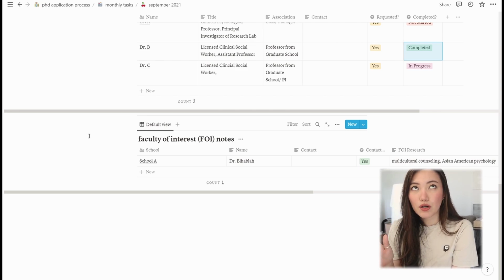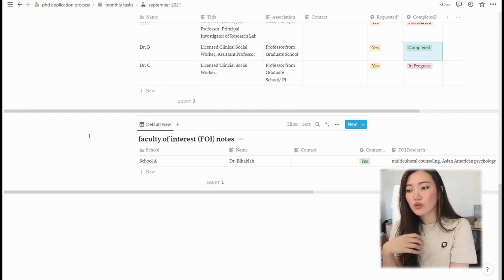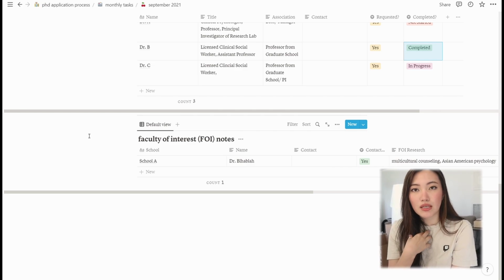And then the third response, which I personally didn't get, but I've heard does happen, is the scenario that I guess a lot of people would want, where you develop a relationship with a potential faculty of interest even before application season, where you could have a pre-interview. You could Skype or call with them and get to know them beforehand. And that didn't happen with me, with any of the professors that I reached out to, but I have heard